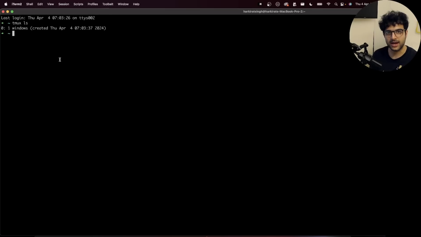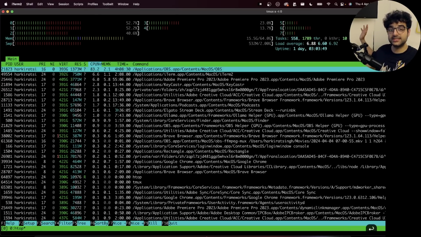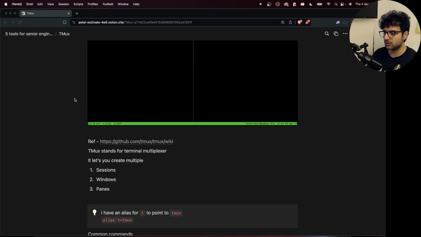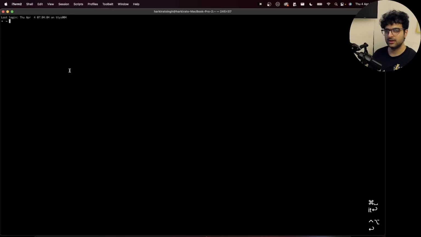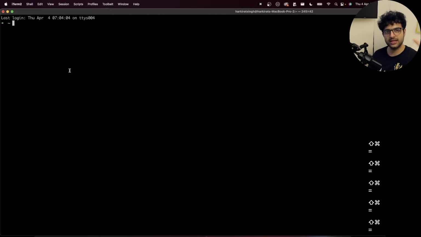How can I attach back to this session? You can run the command tmux a -t 0. You don't need -t 0 because we have a single session right now. But if you had multiple sessions, the way to attach to a specific session is by running the command tmux attach. The target is the session with ID 0. If I press enter, you will notice it's still running. Even though the terminal was closed and I reopened the terminal, the session is still active. It's still running htop in the background, and I can attach back to it by running the command tmux attach